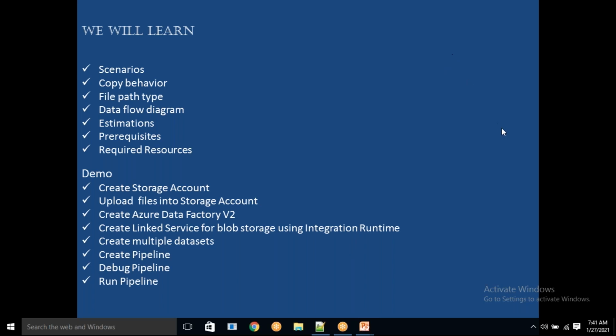Debug pipeline will run automatically. A partial pipeline can be executed in debug. Without publishing, we can run the pipeline. That is called the debugger. Very good. Without saving our changes, we are able to run a pipeline. That is nothing but a debug pipeline. What else can you do in debug pipeline? There is one more important point that we discussed: partial execution of the pipeline. Very good.